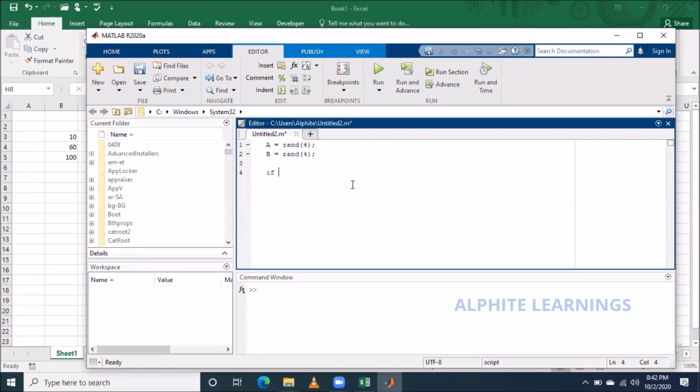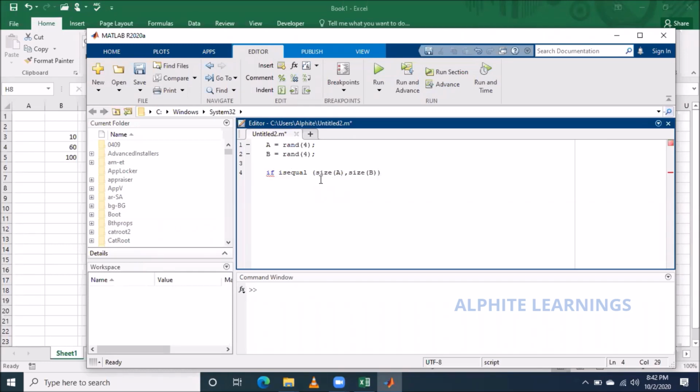I'm just saying if the size of a is equal to the size of b. So what I have said here, if the condition, what is the condition, is equal, what should be equal?